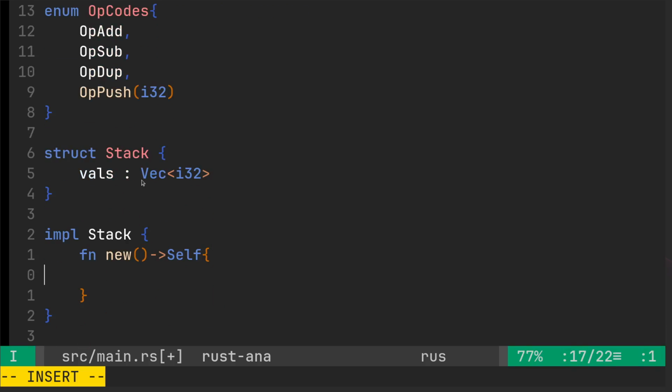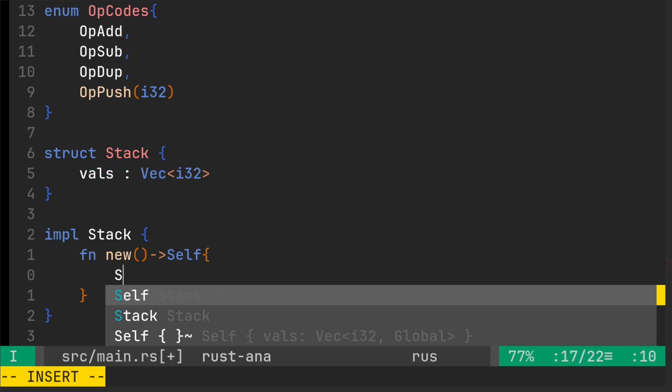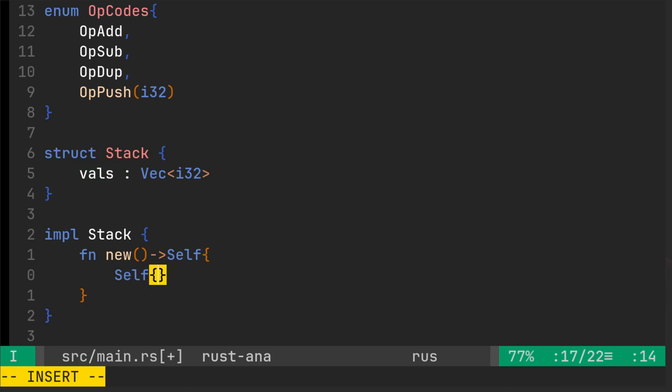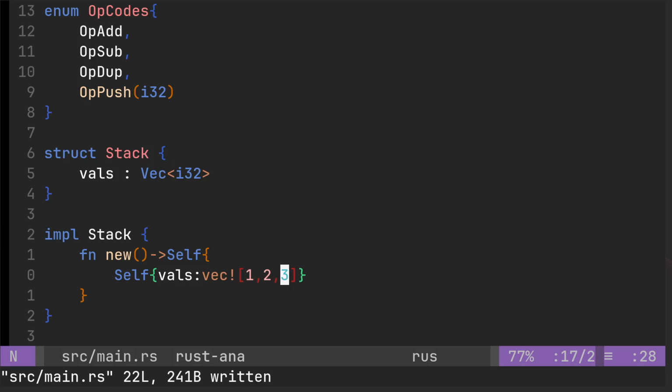It's an instance of this, so it produces that. So you have to do self again, and then vals, then just do the vec macro, and I'll just put in 1, 2. I'm putting in 1, 2, and 3 because I'm going to do some